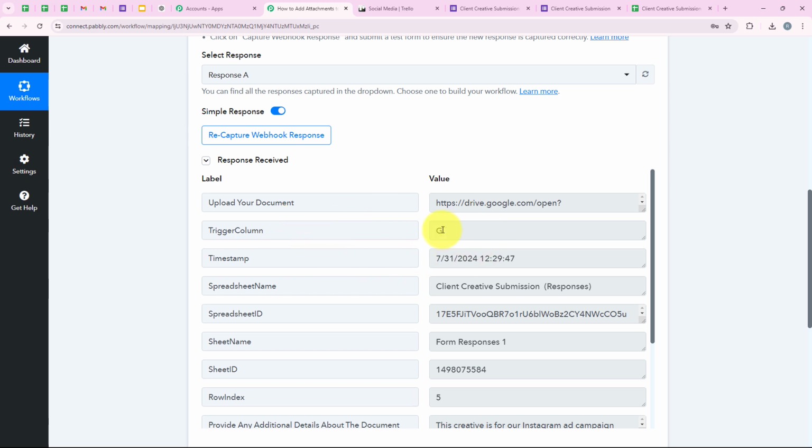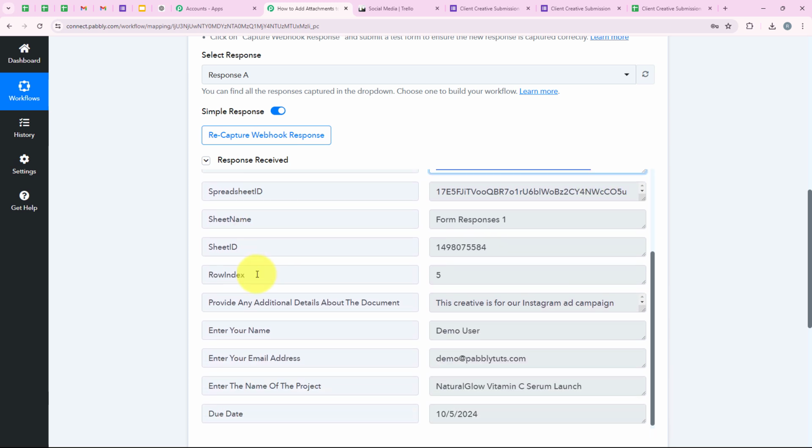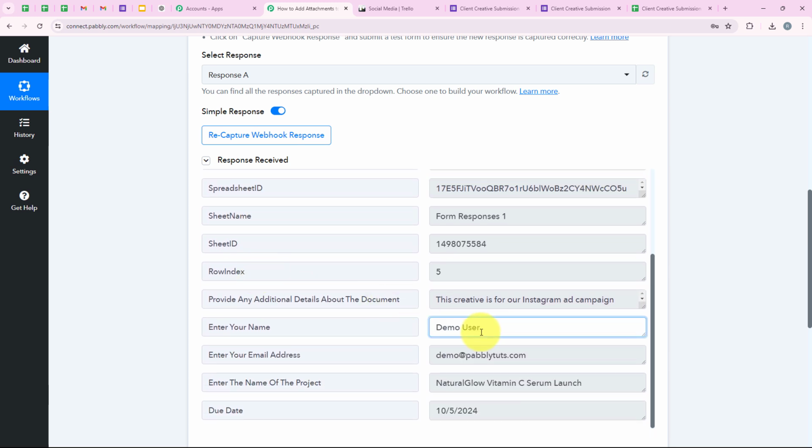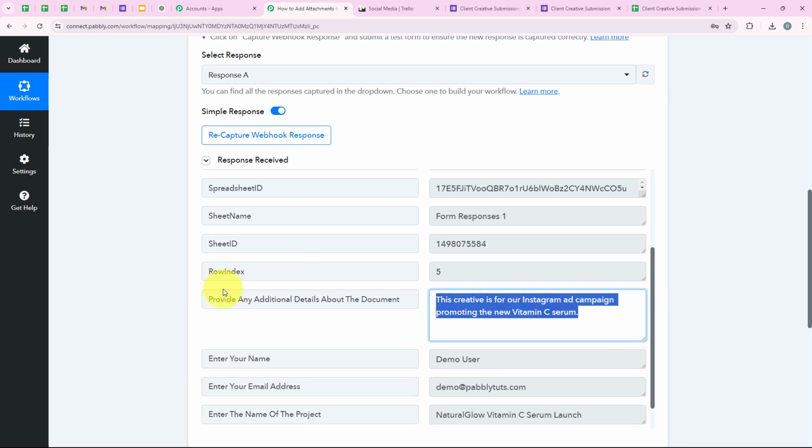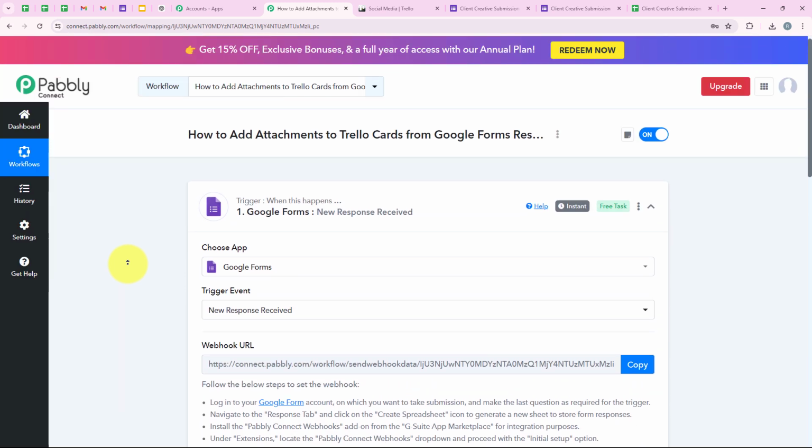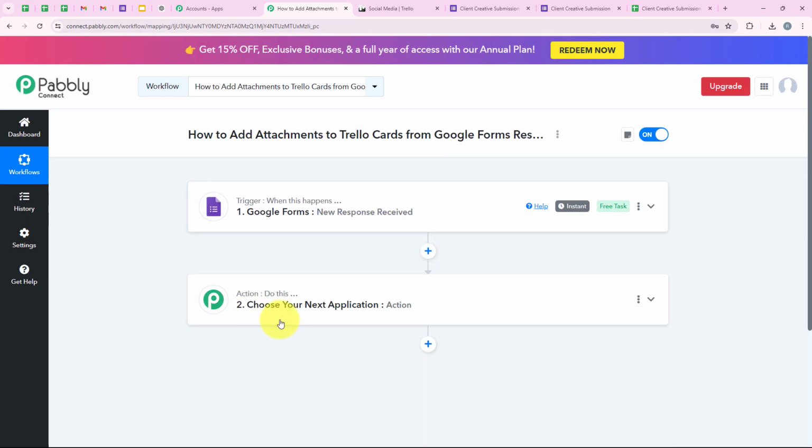of the same response. Over here you can see the trigger column, over here you can see the timestamp, over here you can see the spreadsheet name. We are going to move on forward. Over here you can see enter your name, which is demo user. Over here you can see the email address, the name of the project, the due date, and also the description that we entered. So yes, with this we have successfully completed our trigger step, and now we are going to move on to